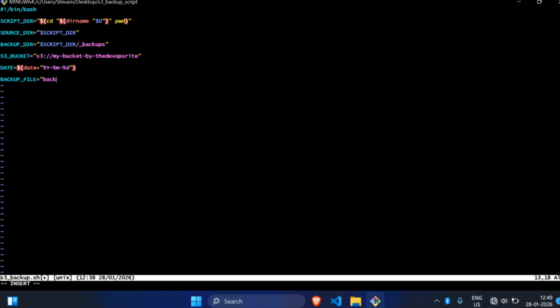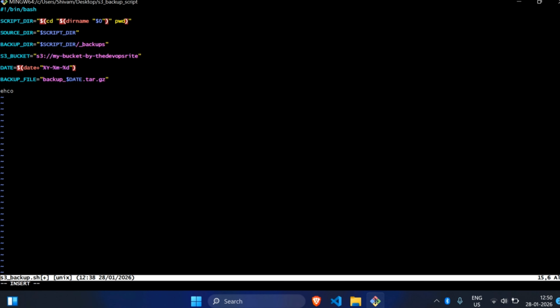I'll write backup and underscore, I'll call date here, and then the extension to compress it, .tar.gz. Basically, like we have zip files, this is similar to that in Linux systems. Quotes close,